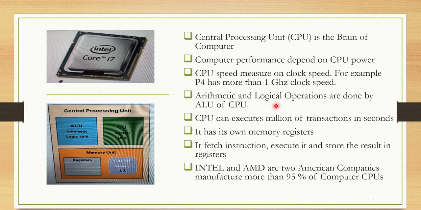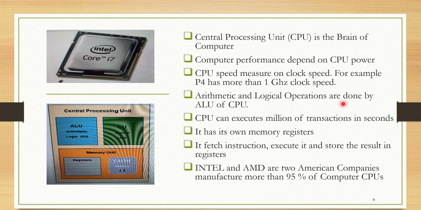Internally, the CPU has this structure. It has arithmetic and logical unit. It has its own control unit and its own registers and memory. CPU has its own memory. Computer has random access memory that is separate, but CPU has its own memory. There are registers and cache memory also. Cache memory is the fastest memory. So whatever instruction CPU executes, the intermediate result it stores in the cache memory because it is very fast. For storing purposes, it doesn't go to the RAM. It stores in the cache memory only.